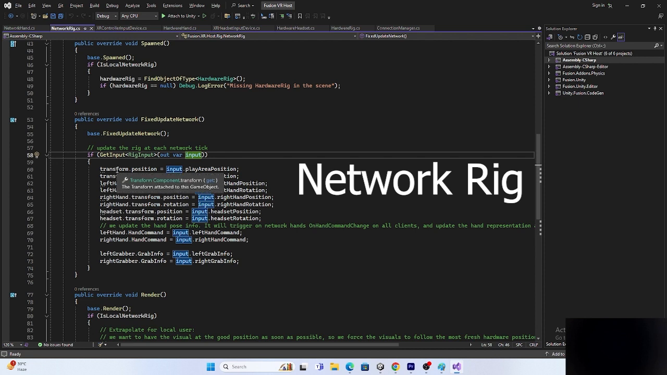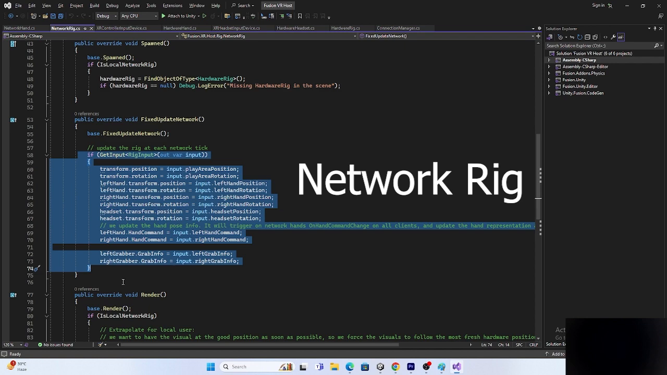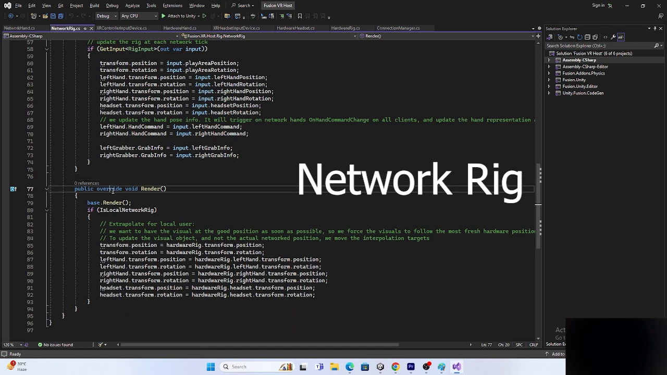So what I'm doing is using the transform dot position. So we are getting player area position, player area rotation, left hand. So this is the network rig, and this is the data we are getting from the hardware rig. Okay, so you can say this is running on the local player as well as on the remote player. If you want to do the remote player a very fast way, so you can see override